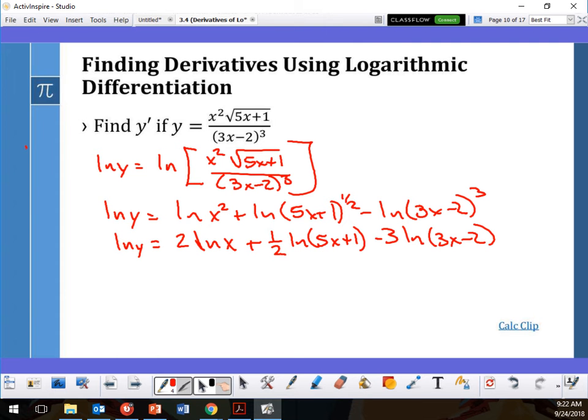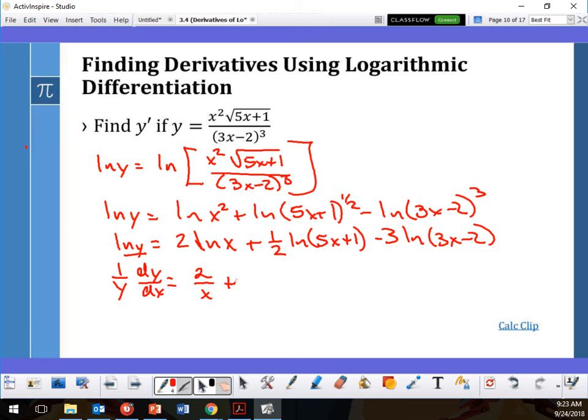Okay, so on the left-hand side, what am I going to get? Start with this. 1 over y, and what else am I writing? dy dx. So dy dx equals, this is going to be 2 over x, plus 1/2 times